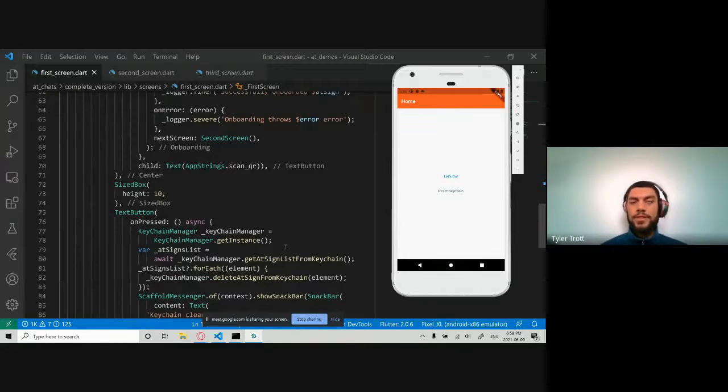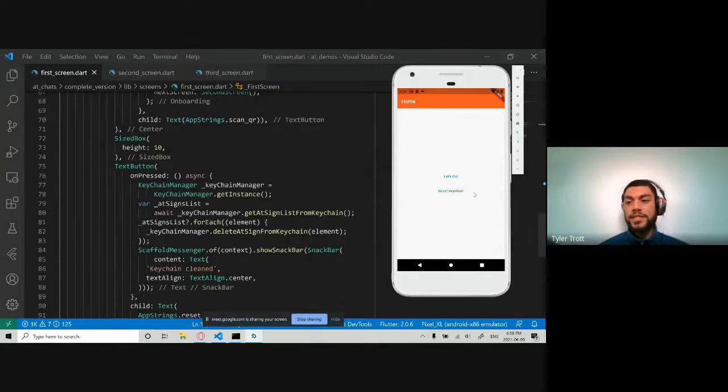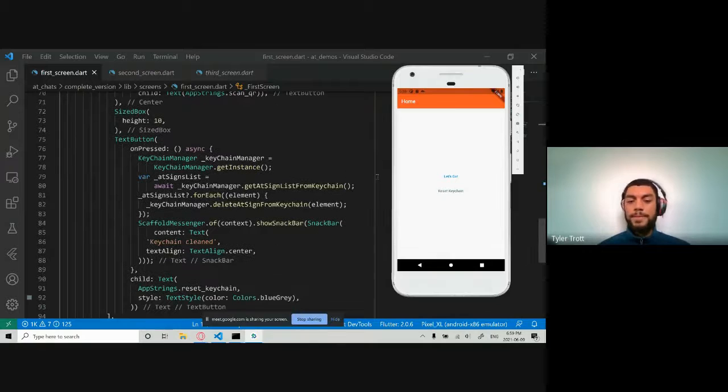So I think the rest is just UI down here, and then storing the key into the keychain from your @sign. If this was the first time, oh no, actually this button is the reset keychain, and Colin did not go over that. So I can go over it briefly. The reset keychain will take all of the keys that exist in your keychain of the emulator or your device, whatever you're using, and will simply throw them all away.